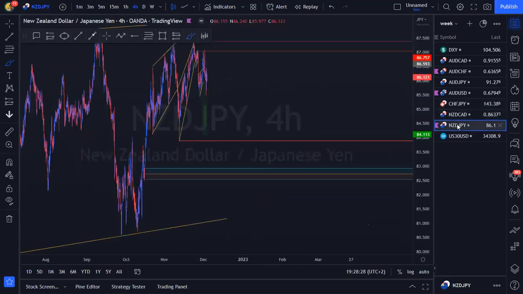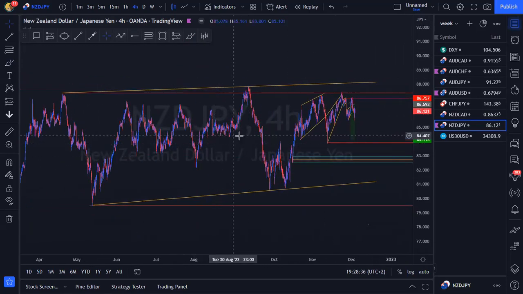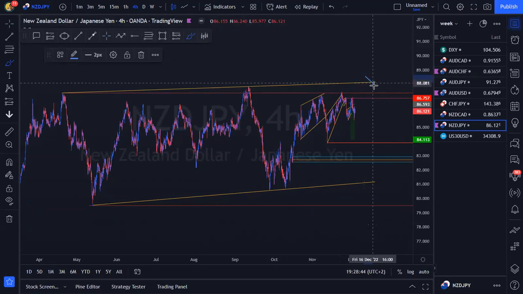Let's go on to New Zealand dollar yen. So for now, New Zealand dollar CAD is just there. She's just there. We'll just watch her. So New Zealand dollar yen, I don't think we need to go up to a daily, because I guess you can see what the daily structure would look like. On a daily, obviously, there's a potential for us to come and give a nice third touch in structure.